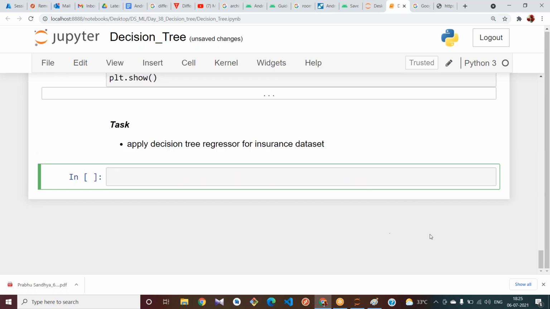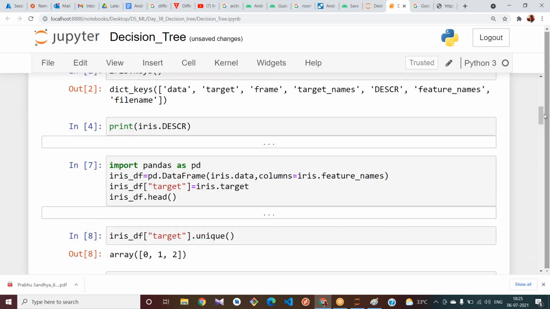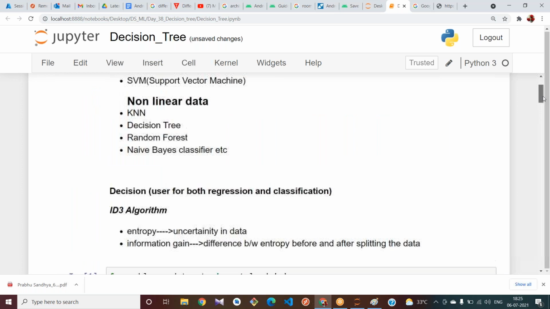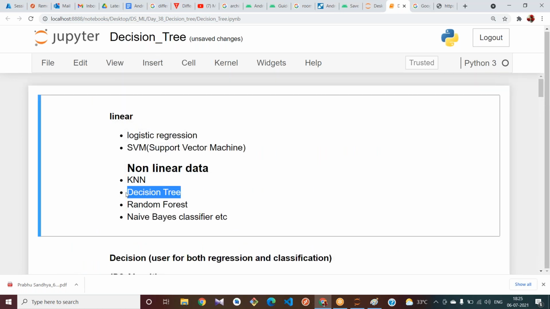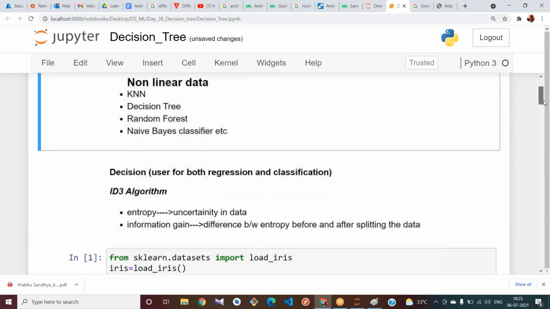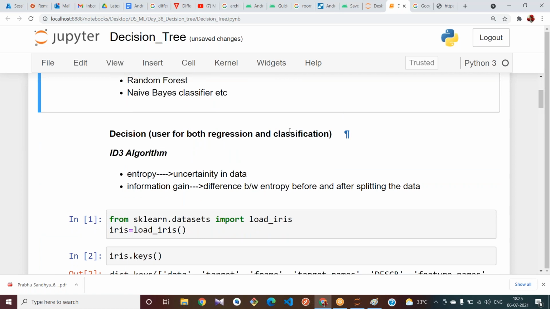And that's it for today. Let us wrap up the session. Today we have discussed the non-linear classification algorithm called decision tree. And in the decision tree, which algorithms have we used? The mostly used algorithms are ID3 and CART.